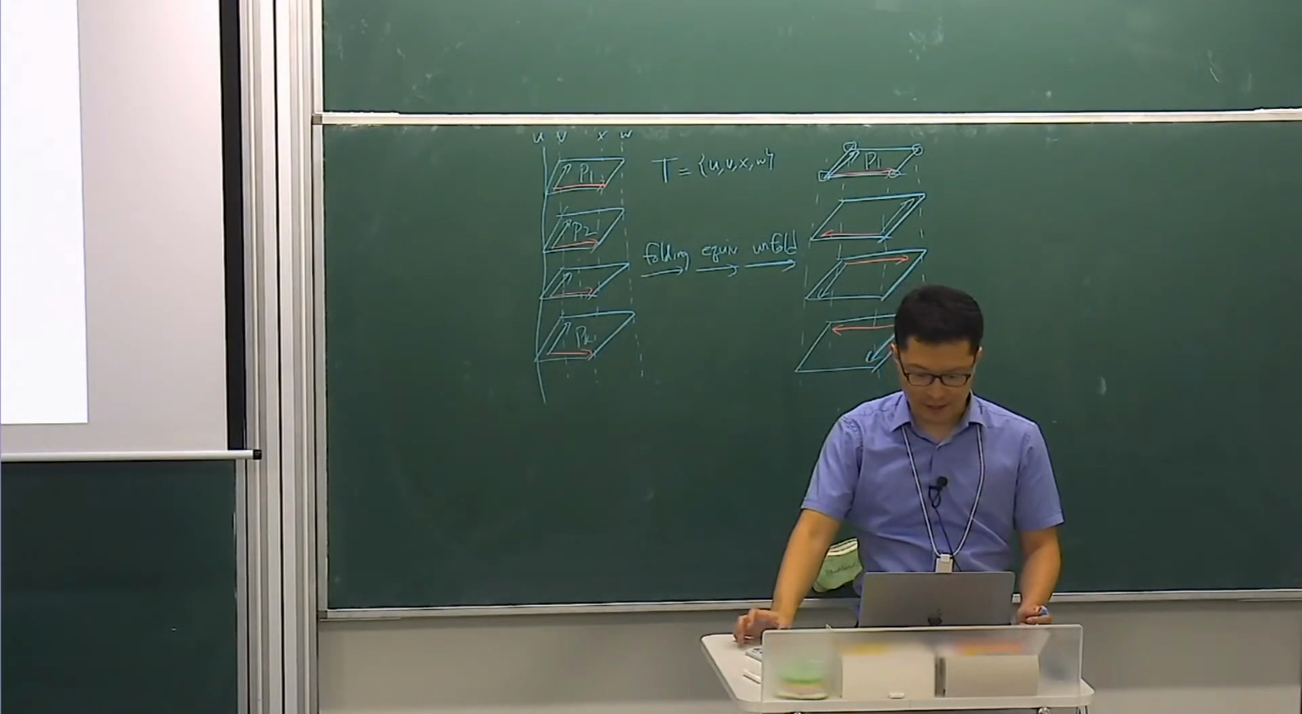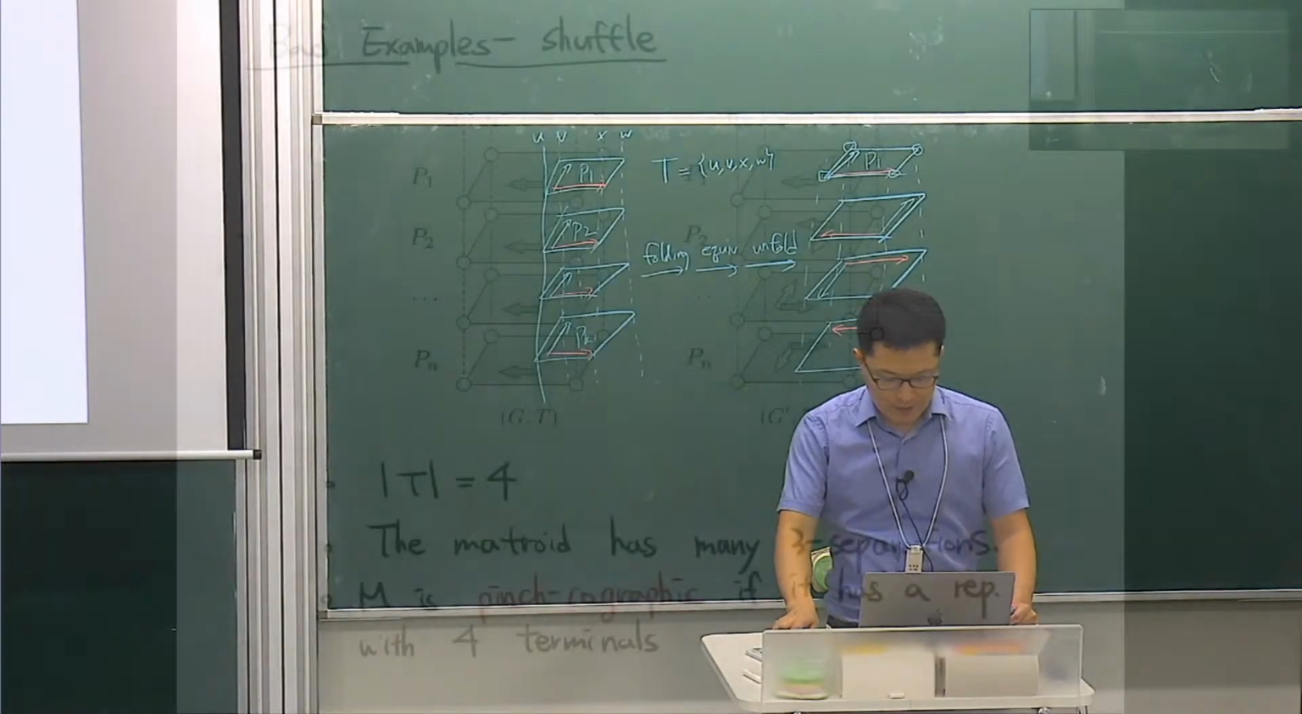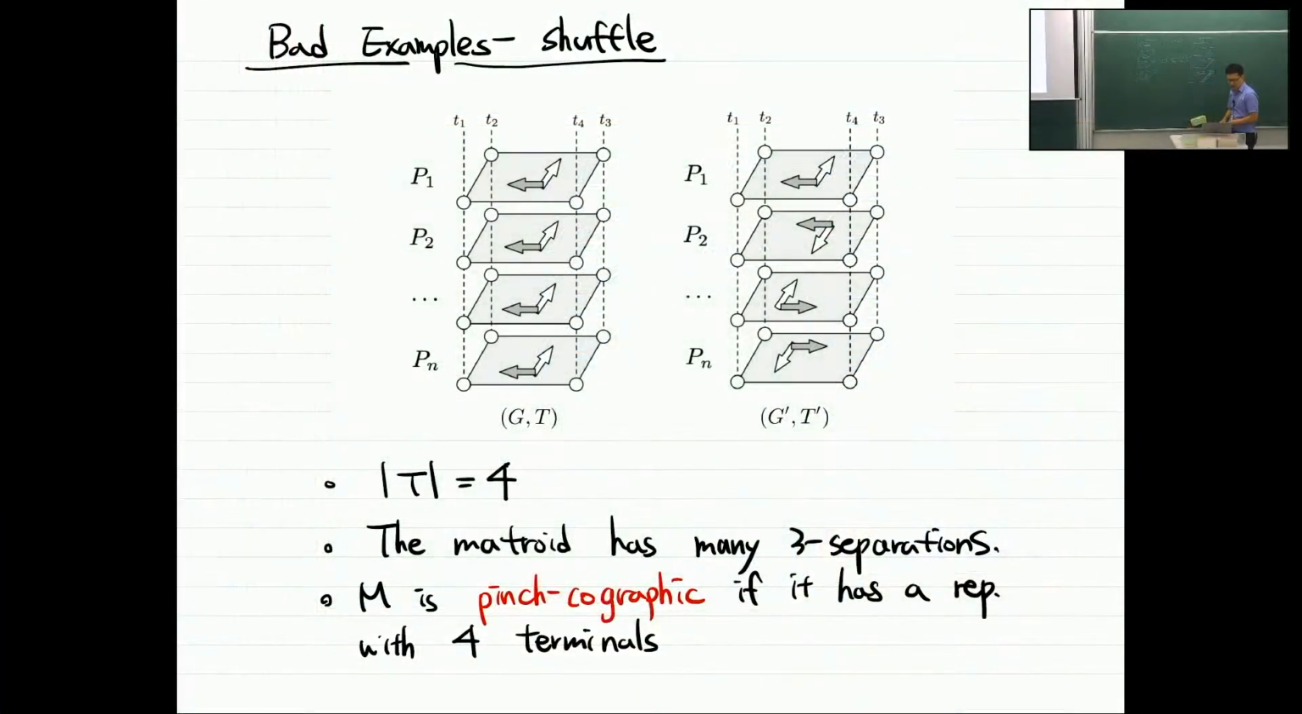And we call this example shuffle. And similarly, we have some properties. So there are exactly four terminal vertices, and the matroid has many three separations. So we thought this class is also interesting, so